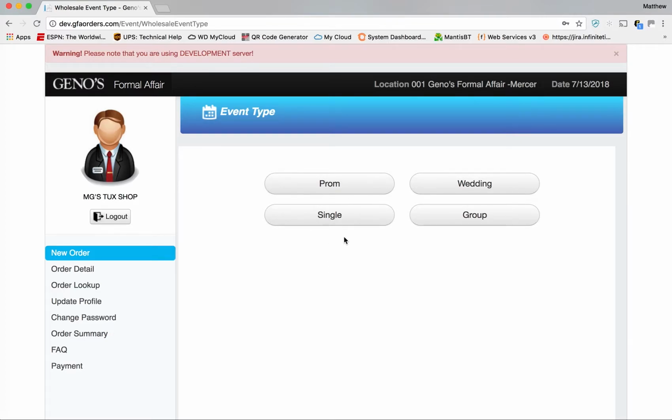There's 4 different types of orders. You have a prom order, a wedding order, a single order, and a group order. Group and prom orders function exactly the same, so we're only going to demonstrate the prom orders, and that's where we're going to start. The first thing that we want to do with prom orders is